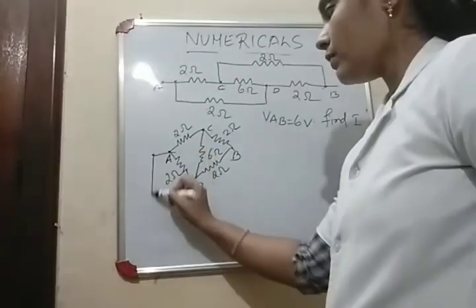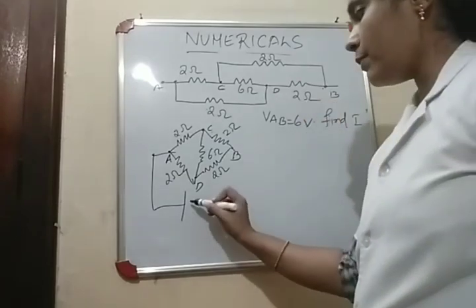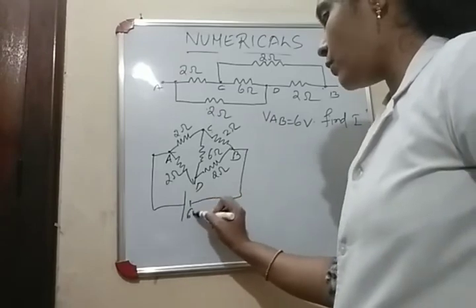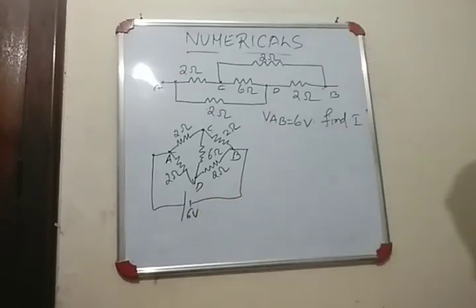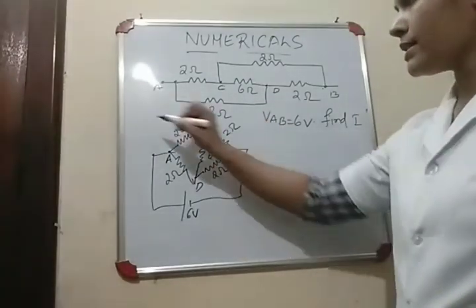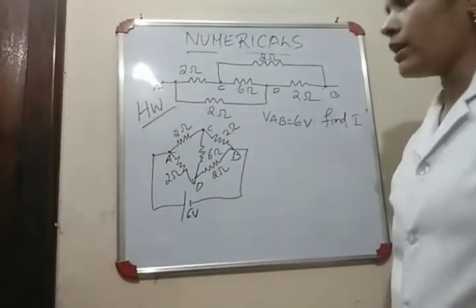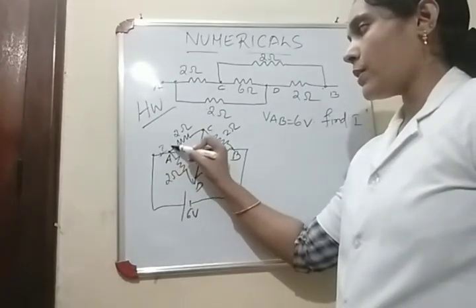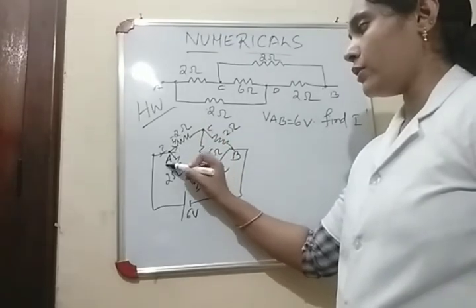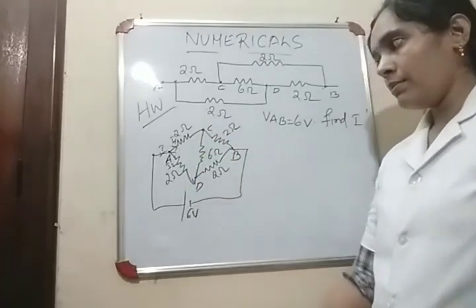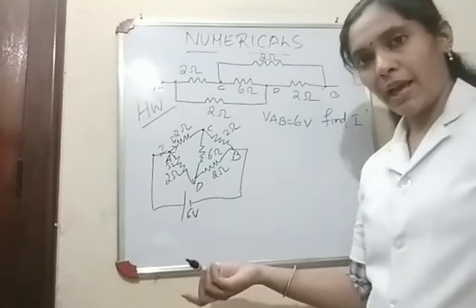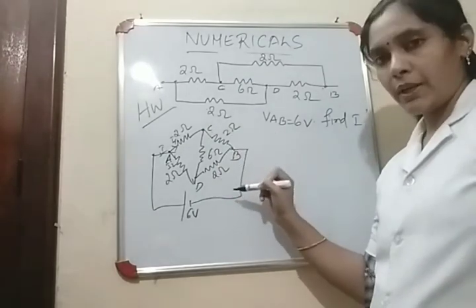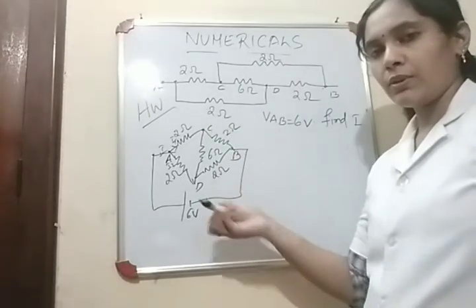Now, what is the potential? Potential is given. The potential between the points A and B is 6 volt, and you need to find out the total current through this circuit. So do it as homework. How will you solve this? Current on reaching here splits into 2, I1 and I2. Since this is the Wheatstone's bridge, check whether it is balanced or not. And how will you check? Is it balanced? Yes, P by Q equal to R by S. If it is so, it will be balanced and you can do the further calculations.